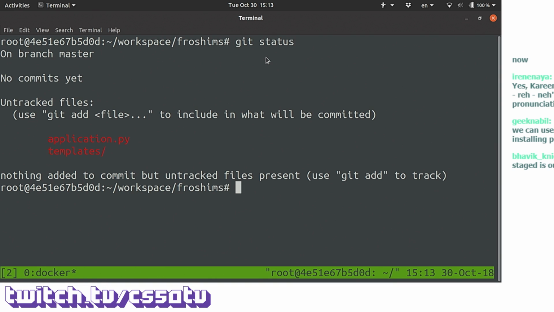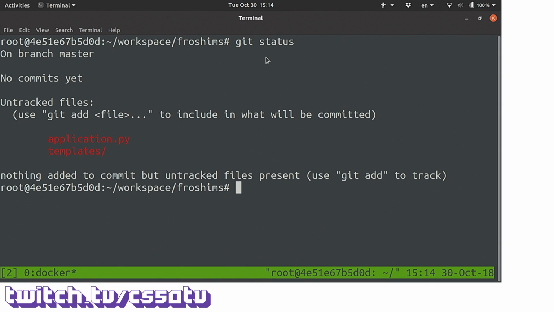Bavignite's got a question. Bavignite says, staged is in our terminal, right? So Git takes care of all of this. You don't have to work in a terminal to have these three areas. This is how Git works. This is not related to what environment you're using to access Git. If that answers the question.